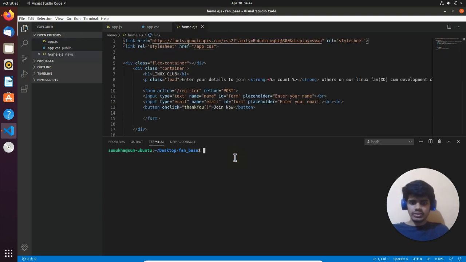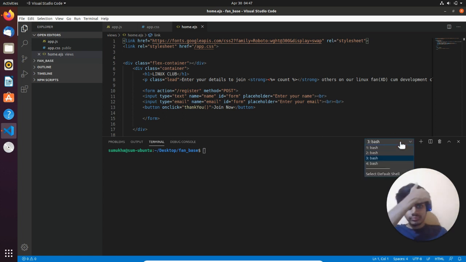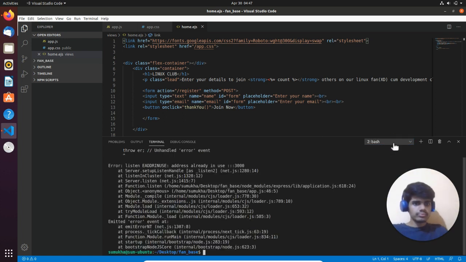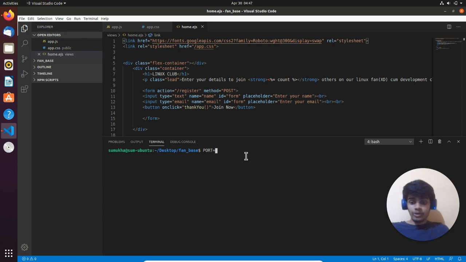Let's see if it works or not. So port, I hope I'm not running in any other terminal. Okay, port is equal to 3000. Node app.js. Hit enter.